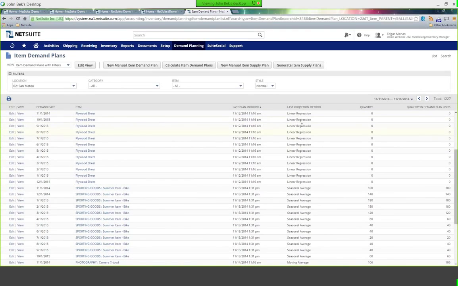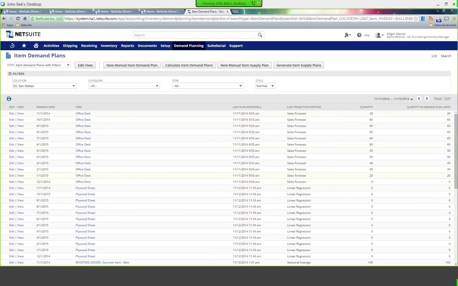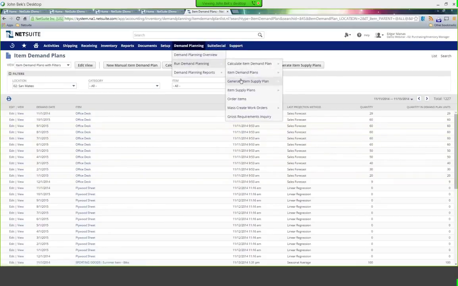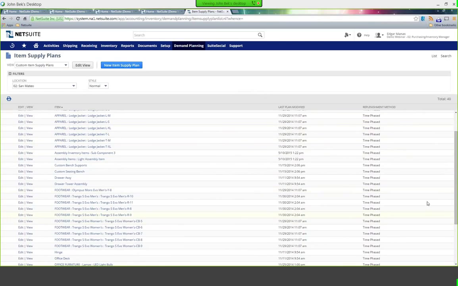We can use a number of different methods, so linear regression would be one, moving average, seasonal average, and/or potentially sales forecasts themselves. If I just pop into a supply plan here, for example, and look at different types of replenishment methods, you might say time-phased would fit your question around being a big box retailer.